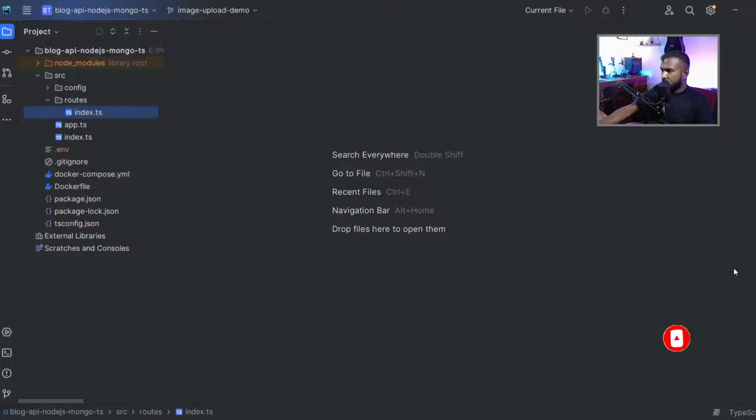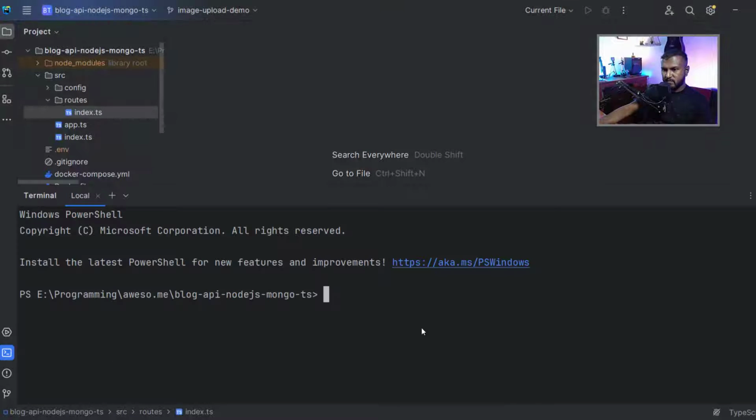Alright, so now we have created our bucket and we have set up our AWS credentials and access keys. Now we can start developing our application. First of all, let's install some dependencies. I'm going to open up my terminal. By the way, I'm using WebStorm as my IDE. Alright, so let's type npm install. As the first dependency, I'm going to type